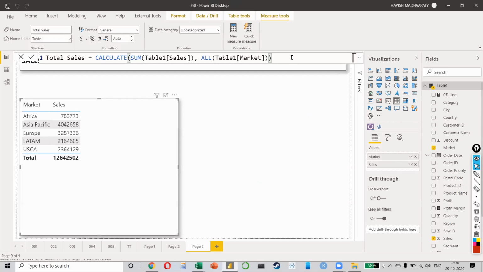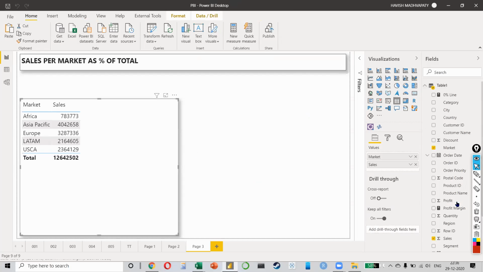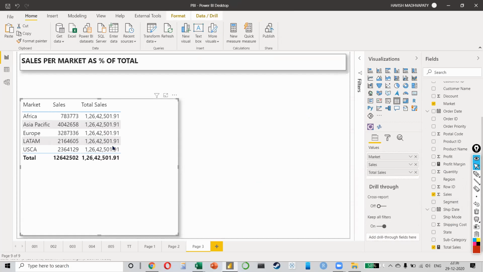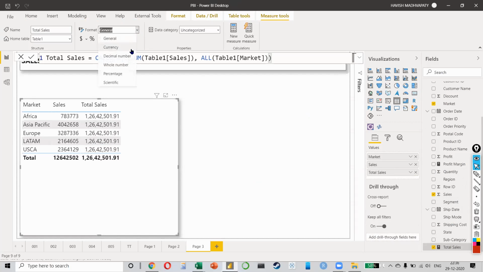I'll press enter. And when I put my total sales in my table, do you see this? Everybody? You see how interesting this is? What we are telling the table is that even though the total sales should be filtered into the 5 markets, don't do that.